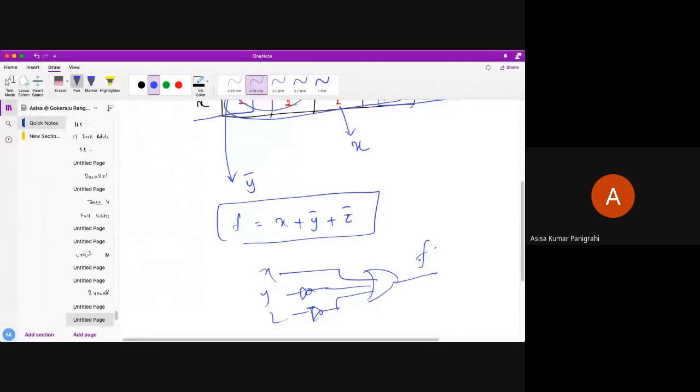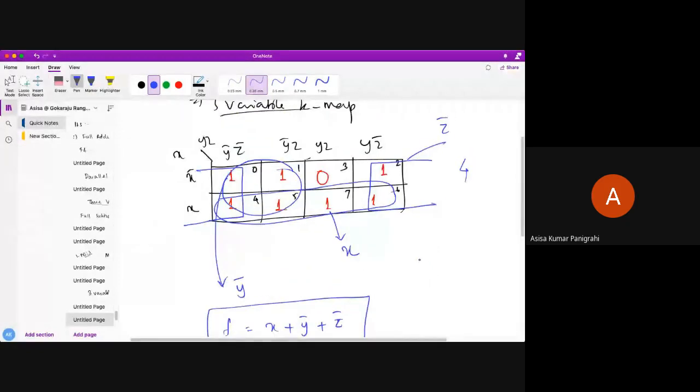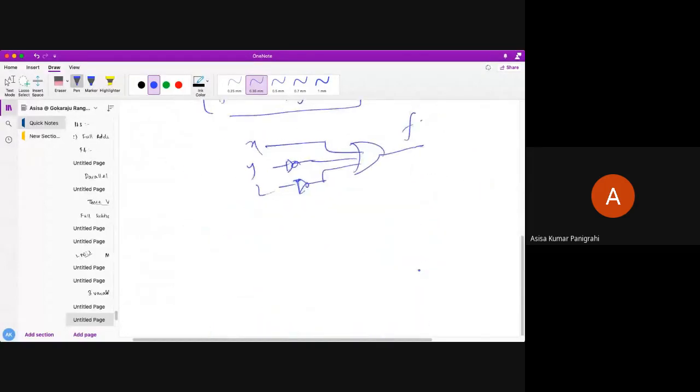Okay, do you all understand? Very simple. How I have combined? I have taken all 4 ones. As I told you, you have to combine adjacent minterms, and the maximum number of minterms. At least one minterm should be combined. You should remember all these things in order to combine. So, next question.